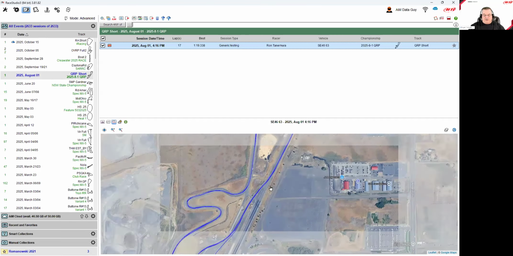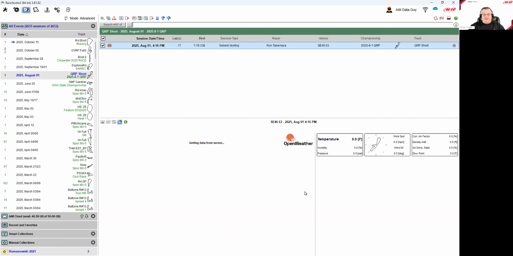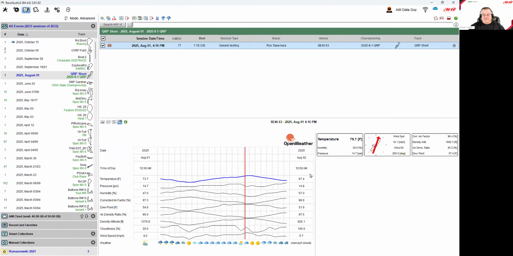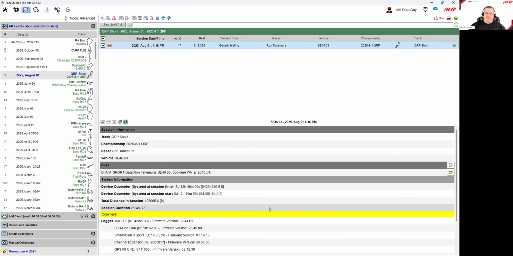If you want to go look at that, you can look at the weather from what the track was for that particular day. It's going to take a little bit to get the data for it, and then boom, there's the weather that happened on that particular day, all by these little icons, and then back to the details. It's very, very interesting that you can do all of these things and see all of this in the preview window. Okay,